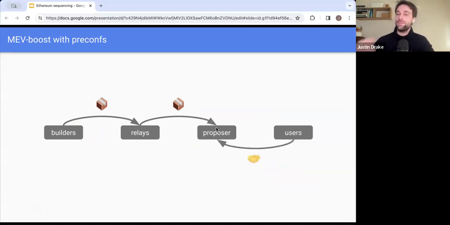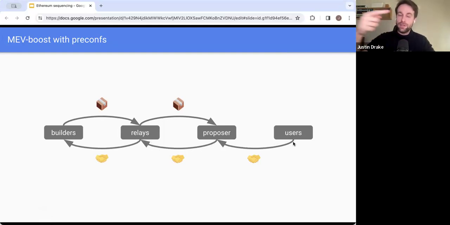But now we have this new actor, the user, who got a promise from the proposer, who happens to be the sequencer and the pre-confirmer. And what needs to happen is that these promises need to be communicated ultimately to the builder, but we can do that through the relays. So we have this back pressure, this back channel, where every promise that's made to users gets communicated upstream.